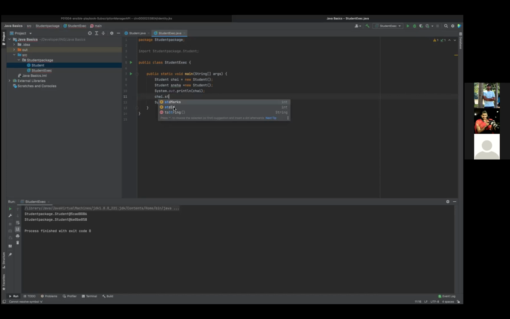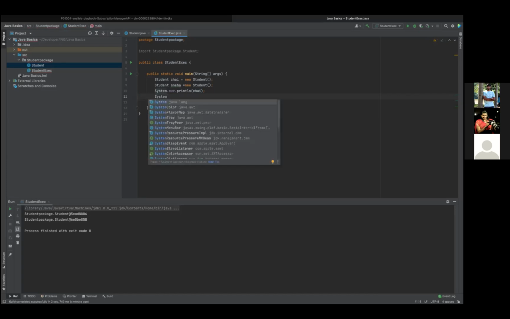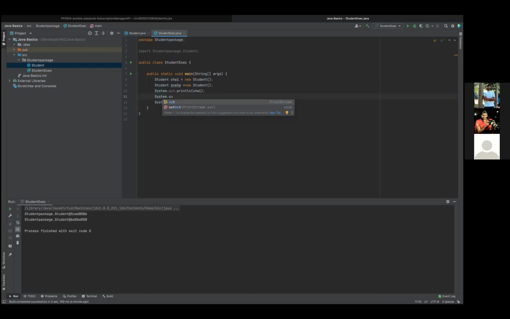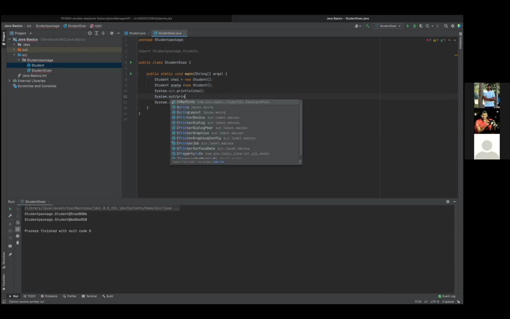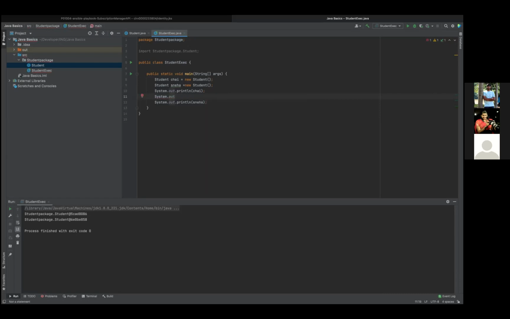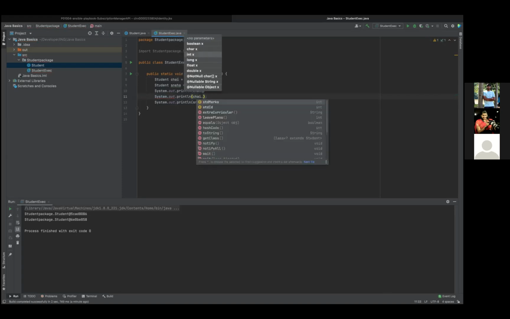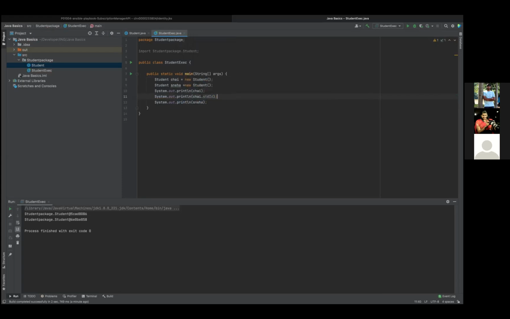Only then you'll be able to see what the value is getting printed there. Within that, try to access your variable CHAI object. In that, CHAI dot gives STD ID, and you are able to see.